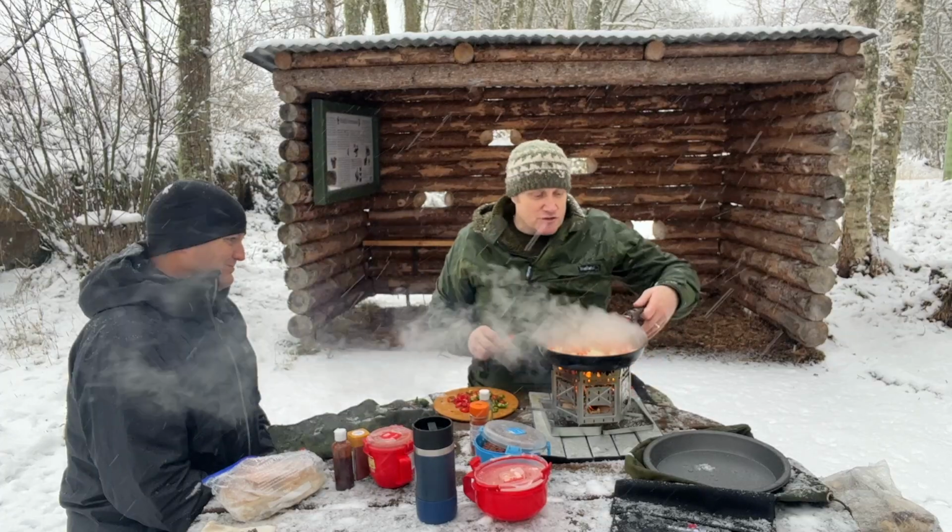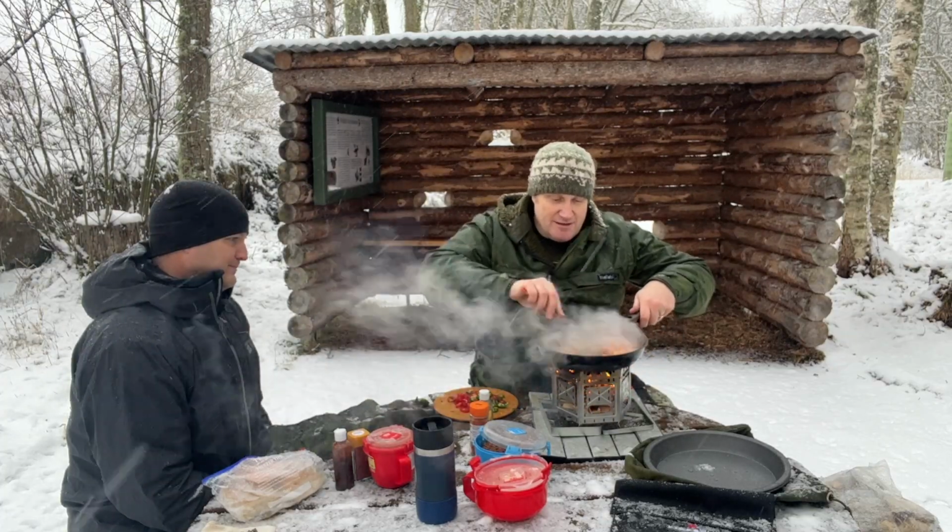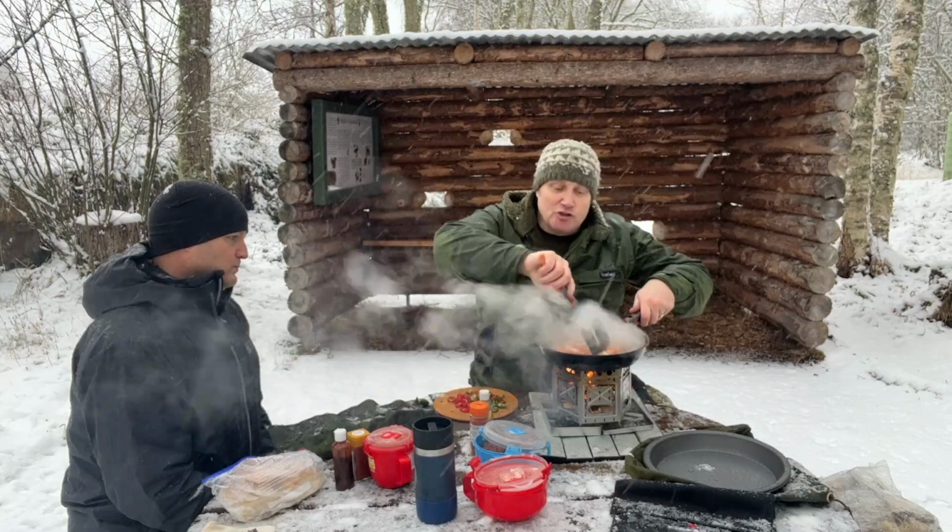I'll give these onions another stir. So these are getting a bit of colour on them now,